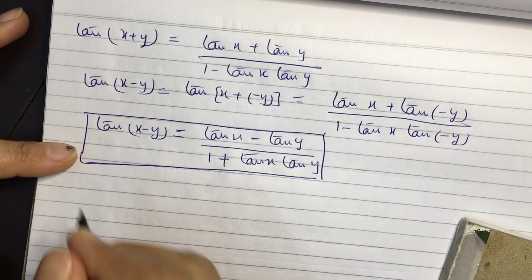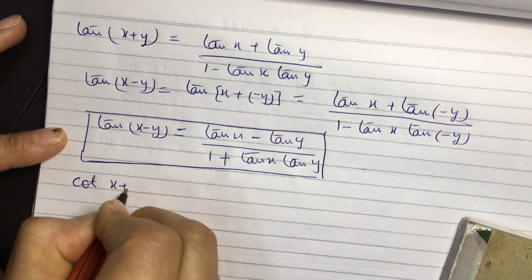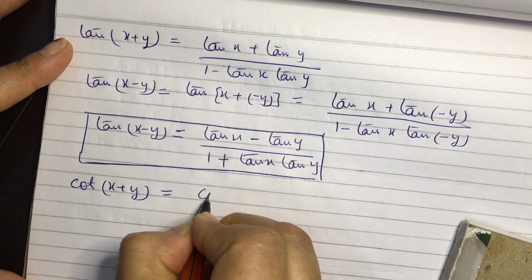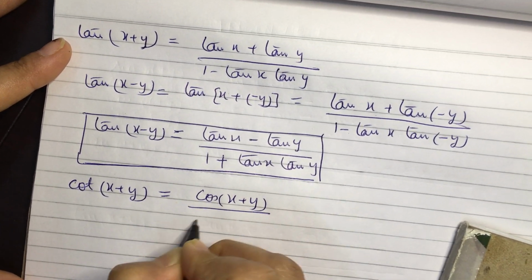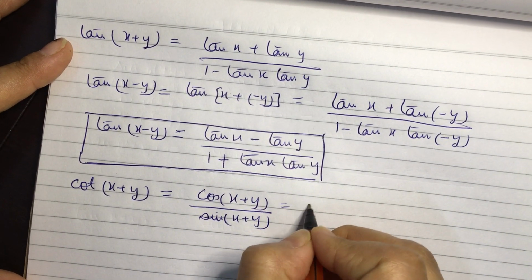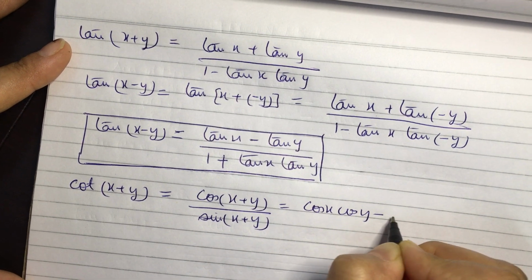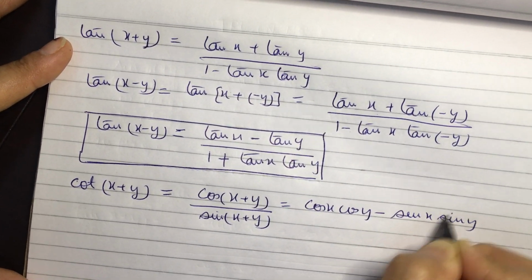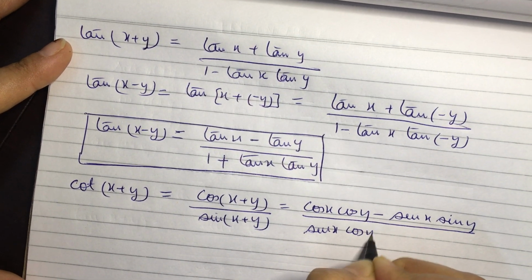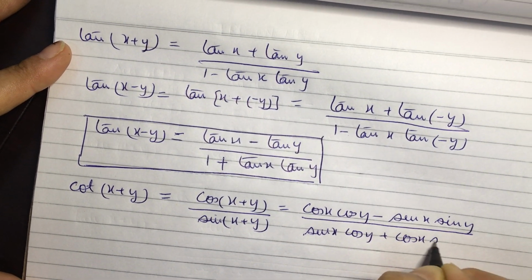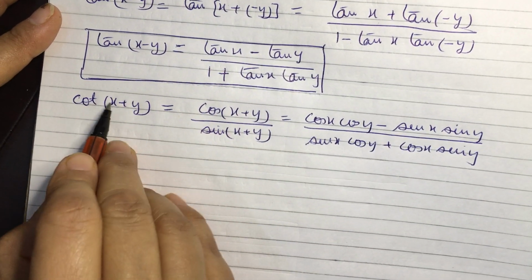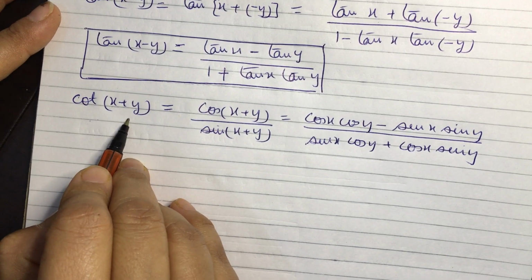Same way we can find the value of cot of x plus y and cot of x minus y. So let's quickly do it. It will be cos of x plus y over sine of x plus y. So substituting, we get cos x cos y minus sin x sin y whole upon sin x cos y plus cos x sin y. Now here, since we are finding an expression for cot of x plus y,